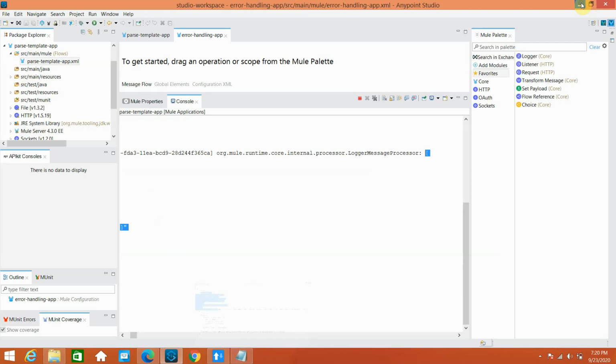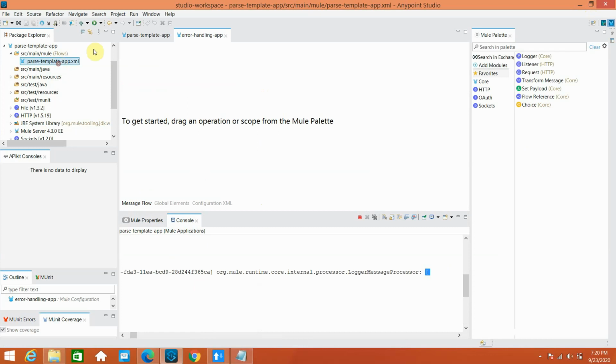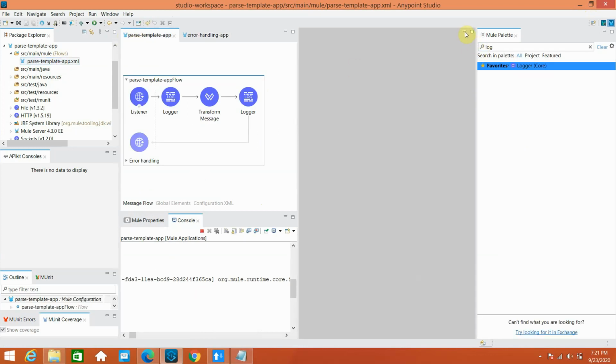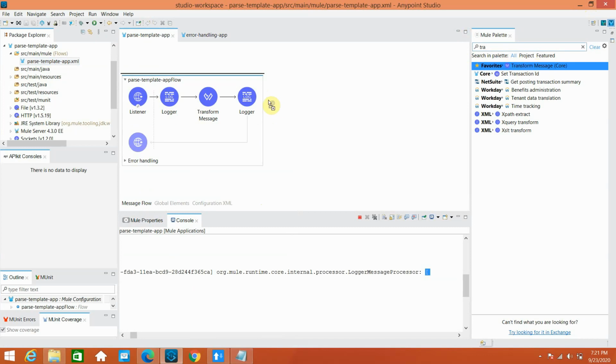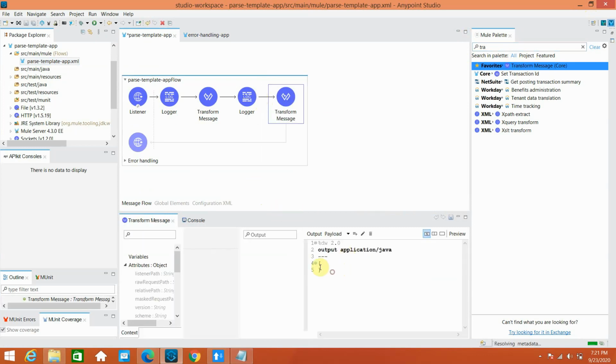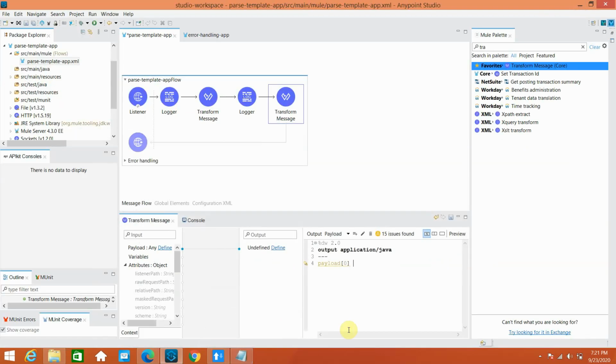So I can use another transform message, let me use another transformation, then we can call it transform. I can use payload. I just want to use 0, the first payload, that particular first part. Then I can say pluck a dollar.